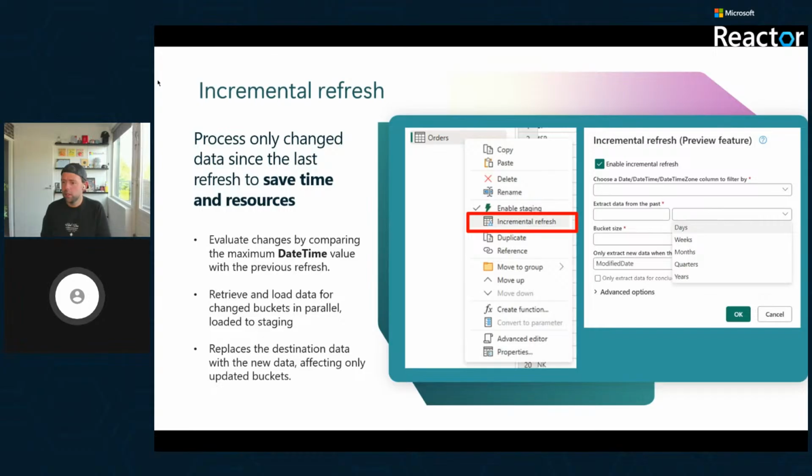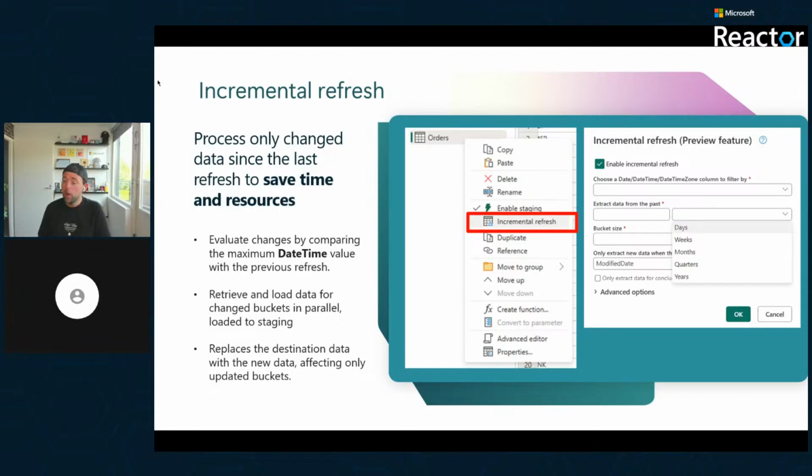And so it's up to you to decide what's the right size of bucket for the data you're working with. We will only update this bucket of data if we detect there is a change in that bucket. If we previously loaded that bucket, we store the latest modified date that we have detected in your data set. And if this one is updated, so if the data source is reporting that there is new data for this bucket available, we will go back to that bucket